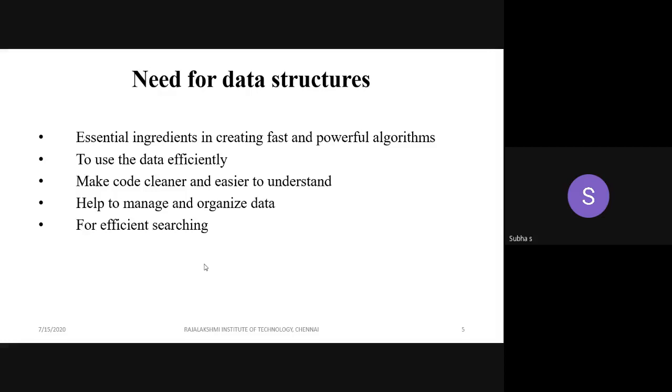Same thing. Why do we need data structure? In order to create powerful algorithms. As we all know, before writing code, a perfect programmer has to write an efficient algorithm. Algorithm is nothing but a step-by-step procedure that we write manually.